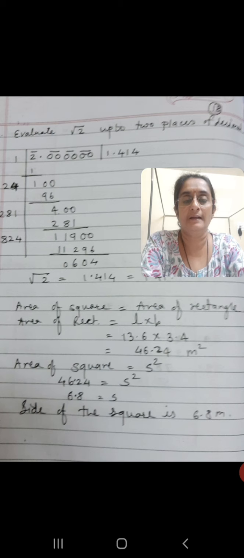Till here clear, children? Now let us do the division again. We have 100 now and 2 on the left hand side. Now we have to find a number which gives a multiplication below 100. So try some number. After 2 you can take 1, 2, 3. Try some numbers which give a number below 100. So I have tried 4. So 24 into 4 gives us 96. Subtracting 96 from 100 gives 4.